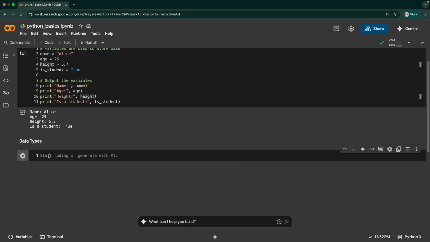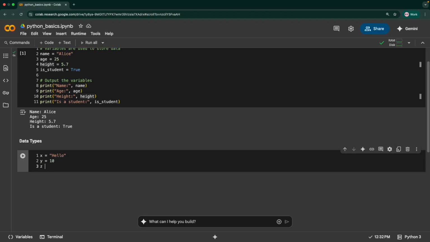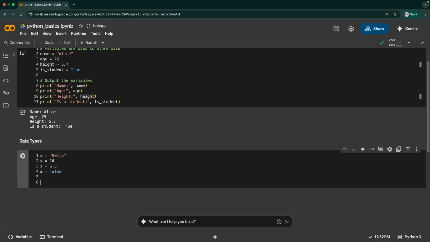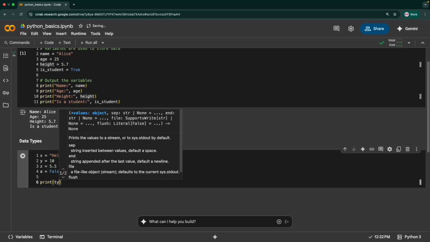Here I'll say x is equal to hello, y is equal to 10, z is equal to 5.5, and a is equal to false. Now I can check the data type by using print type.